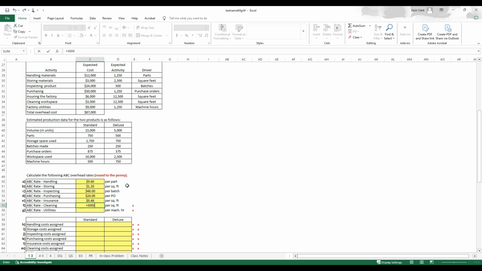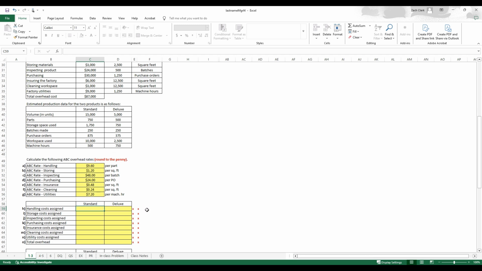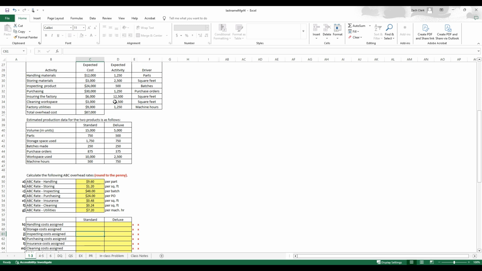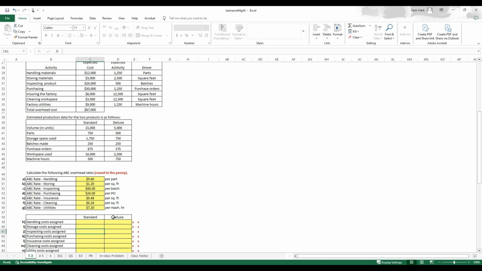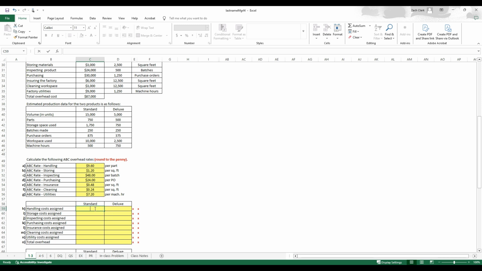For cleaning, we've got 3,000 divided by 12,500. And for utilities, we've got 9,000 divided by 1,250 machine hours. Okay, so now we've got these broken out by individual driver activity unit, essentially, if you want to think of it that way. And then we can go back to our specific standard and deluxe to break these down